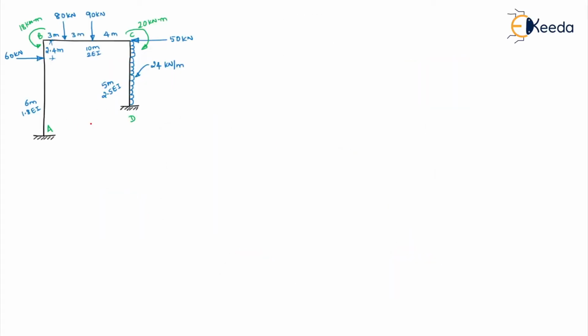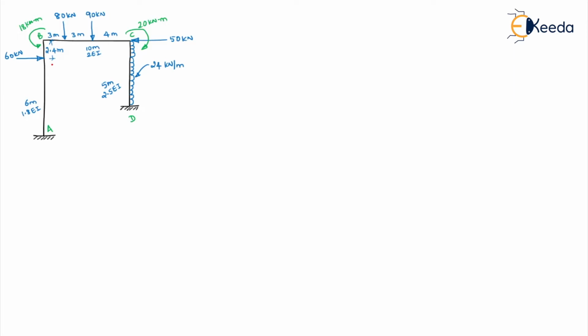How to tell that this is sway type? See, the supports are at two different levels. So when the supports are at two different levels, or even at the same level, if you push the beam here at B, it will try to tilt towards the right, or if you push it at C, it will try to tilt towards the left. So this type of problem will come under the sway type of problem. So what will happen in a sway type of problem? Along with the moments, you will also have certain horizontal reactions in your degrees of freedom.